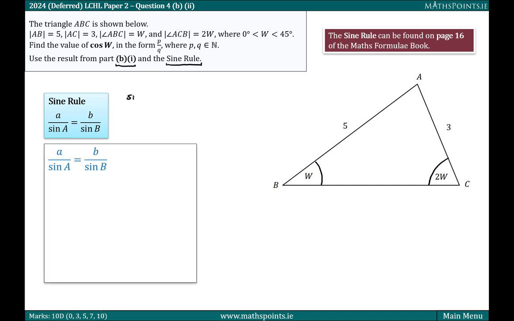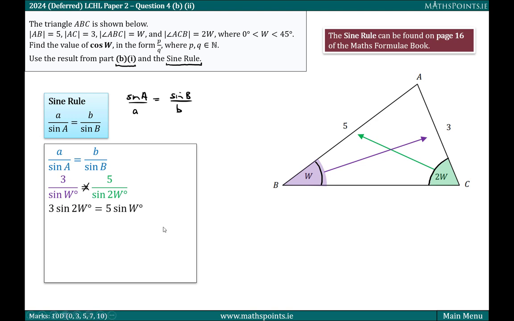I've seen students write the sine rule as sine a over a equals sine b over b, and you get exactly the same result. The sine rule says if we pick a side and put it over the sine of its opposite angle, that will be equal to any other side over the sine of its opposite angle. So I'm going to pick 3, and I'm going to say that 3 over the sine of w is equal to 5 over the sine of 2w. So at this stage we're going to cross multiply,